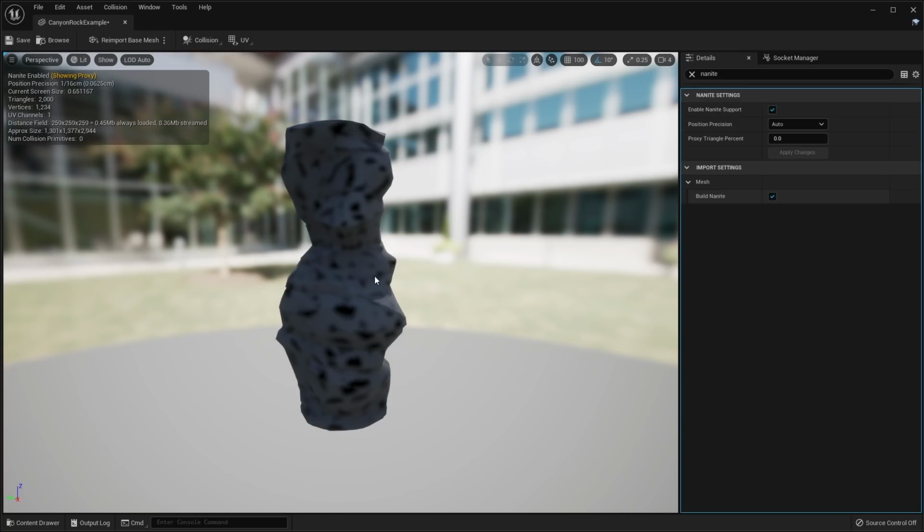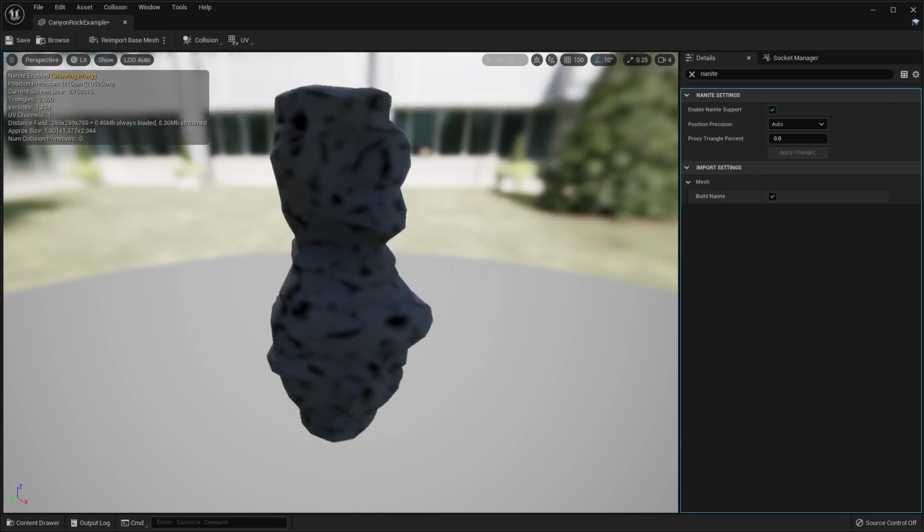And that way, you can build your games and your environments and your assets once, and then distribute them across multiple platforms. So when you build for PlayStation and Xbox and maybe high-end PC, you can set it to use Nanite, and the Nanite mesh will be used on those platforms. But when you build out to mobile, you'll use the proxy mesh, which is automatically going to get set to LOD 0.